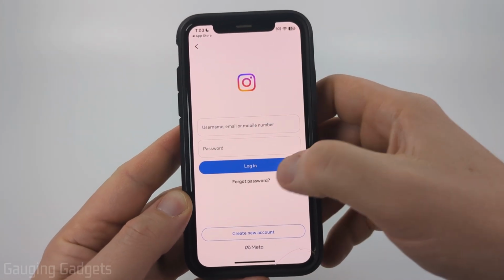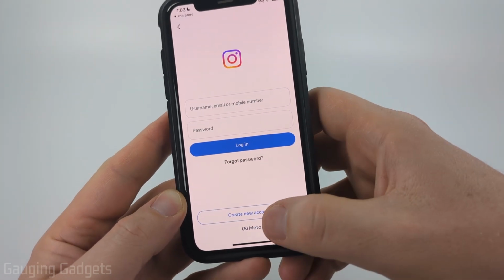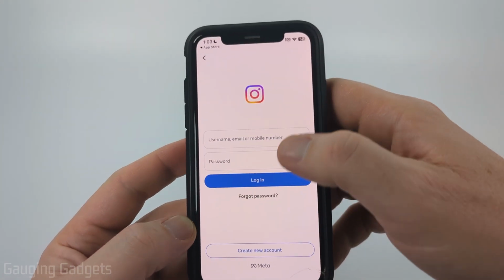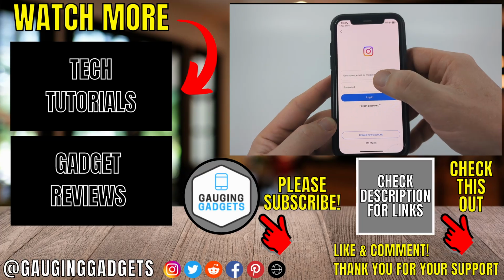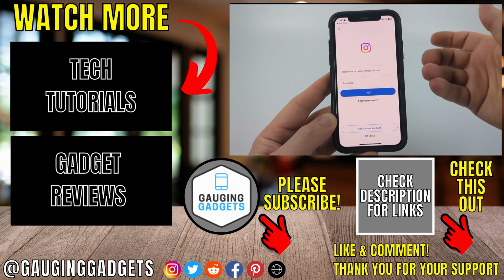And then when it opens up, you'll need to log into your account. Now, if you don't already have an Instagram account, you can go ahead and select Create Account, but go ahead and enter your Instagram username and password and then select Login, and then you'll be logged into the Instagram app